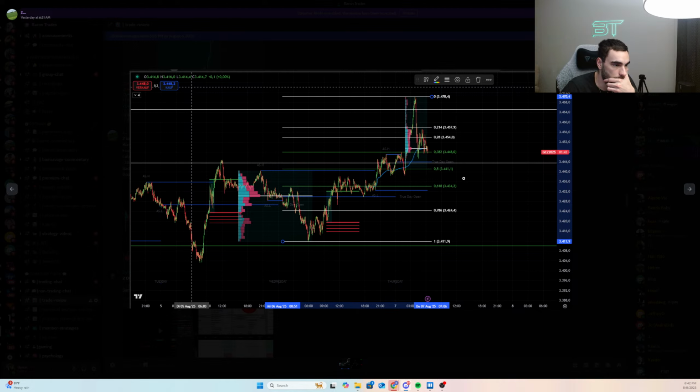Okay. Let's see the fib. I like the fib, from this low to this high. You could also do from here to here or from here to here. This one looks valid to me, this pivot point. So if you anchor from here to here, that tells you it's valid. And then from here to here, you probably have another valid pivot point. You're also coming into that POC.